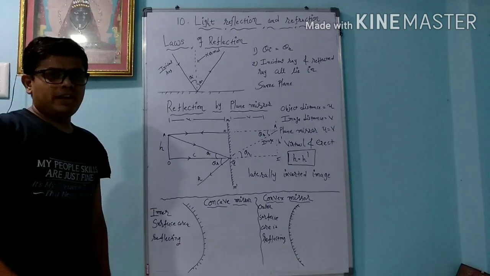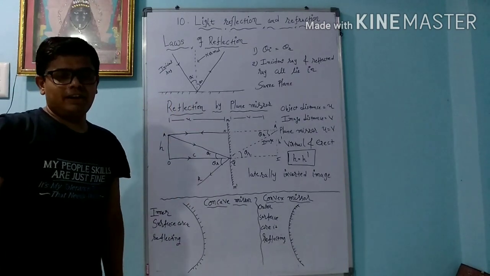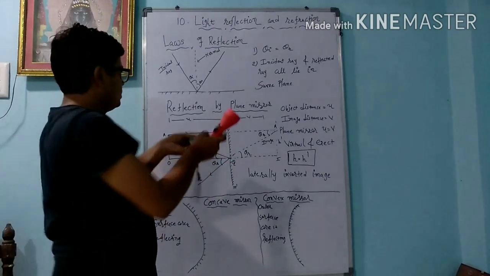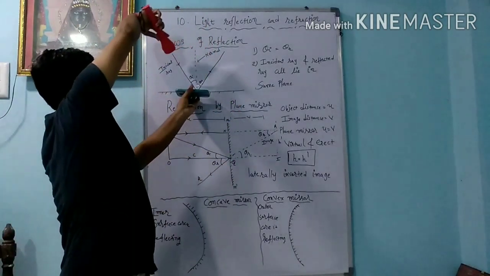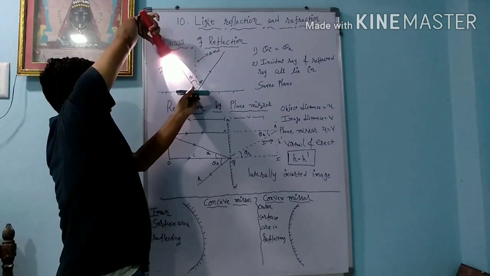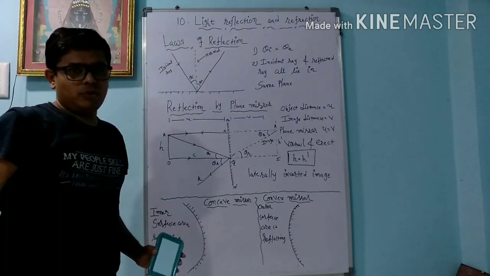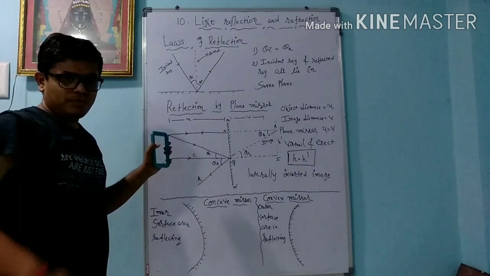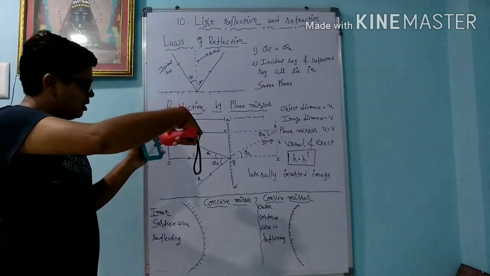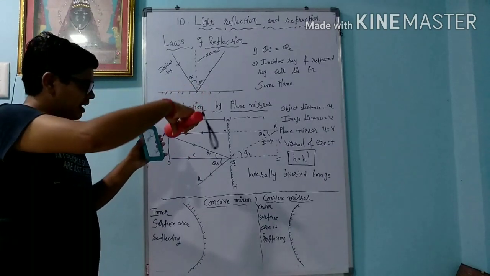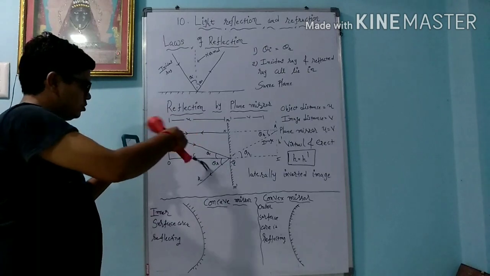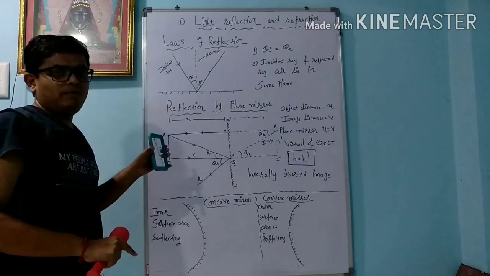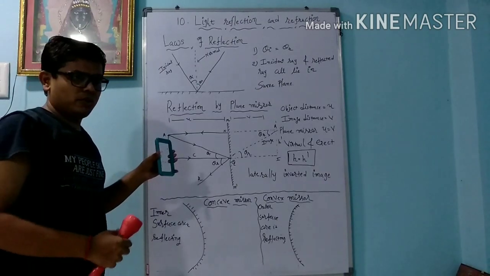Now to understand this practically, we will use a mirror as a surface and a torch for the incident ray and the reflected ray. I keep the mirror here, and with the torch I focus the light on the mirror. Initially I get the incident ray, and then the torch image is obtained on the whiteboard, that is the reflected ray. So we will prove that theta i equals theta r. Okay, let's do it.